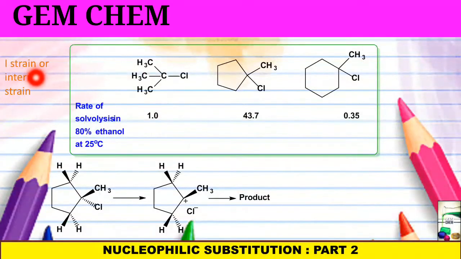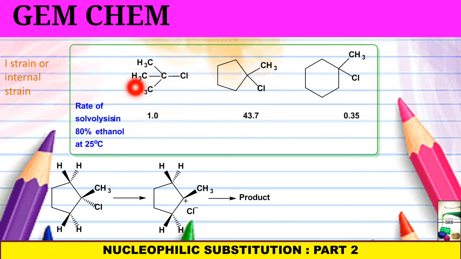and we can see that in the next case there is another type of strain, that is internal strain or I strain. This arises in the solvolysis of tertiary halides. We have these compounds and their relative rates. So here you can see that 1-chloro-1-methyl cyclopentane undergoes solvolysis 43.7 times